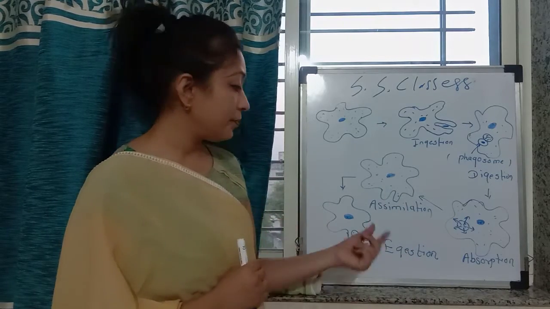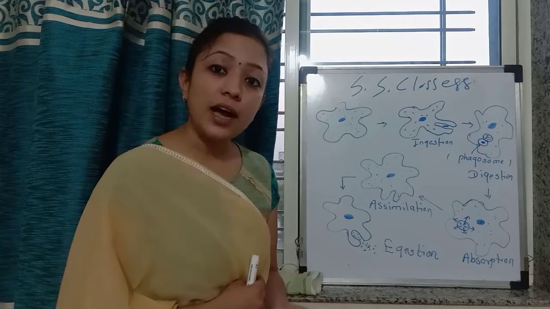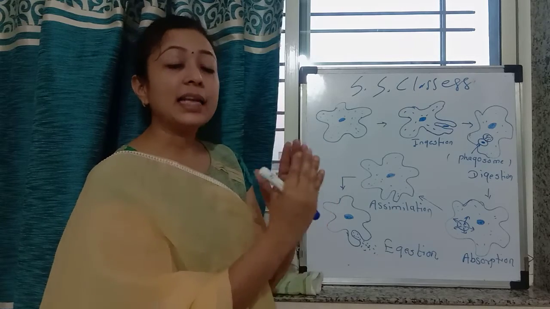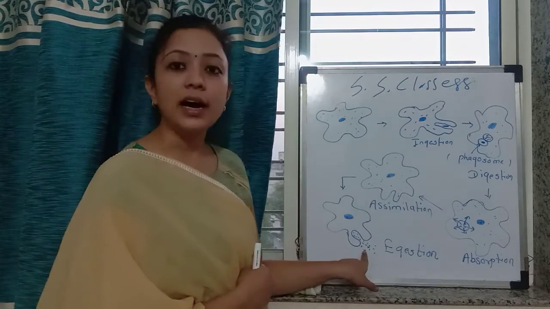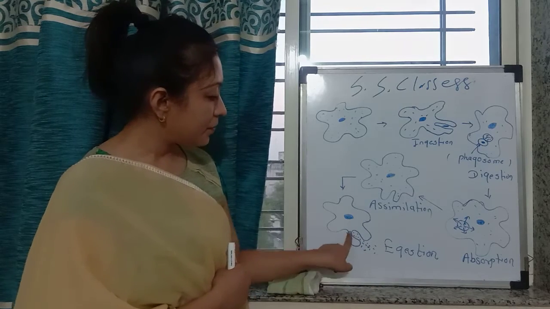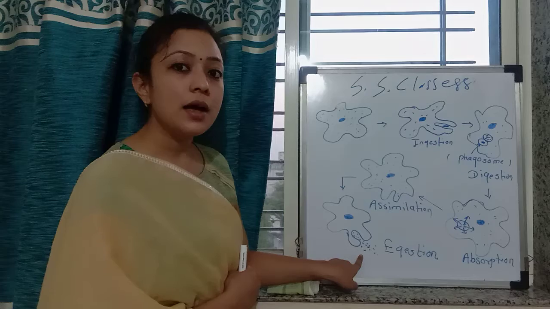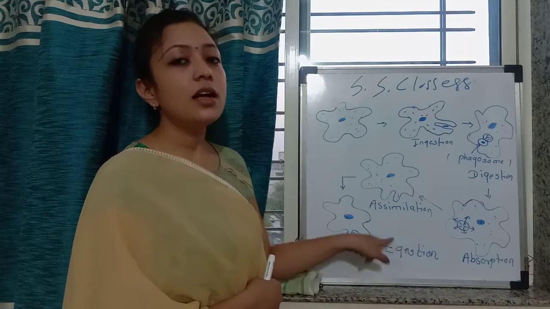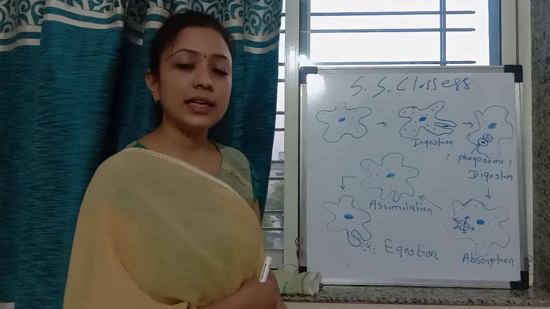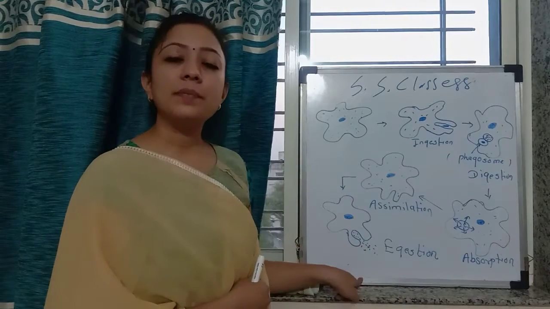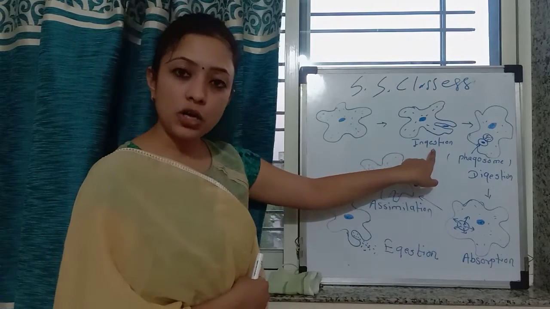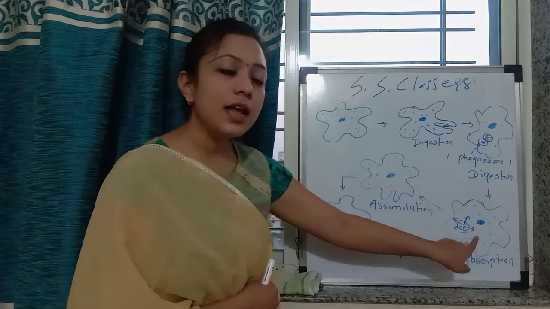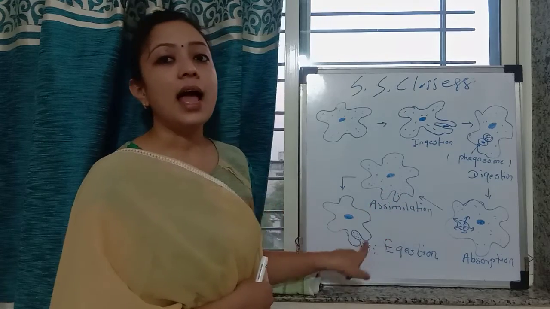The undigested food gets enclosed into the contractile vacuole, and this contractile vacuole then fuses with the cell membrane and creates a passage for the removal of undigested waste. So here you can see how the undigested food is thrown out of the body, and this process is called egestion. So what is egestion? In egestion, the organism removes the undigested food. So in this way, the amoeba gets nourished. That is the process of holozoic mode of nutrition, which completes in 5 steps: ingestion, digestion, absorption, assimilation and egestion.